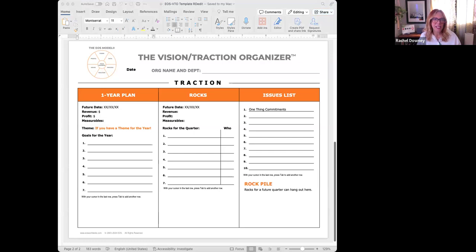So that is the VTO. That is the biggest thing to introduce to everybody. And then after that, depending on where you are, you'll share your other 4 tools. So you've got your